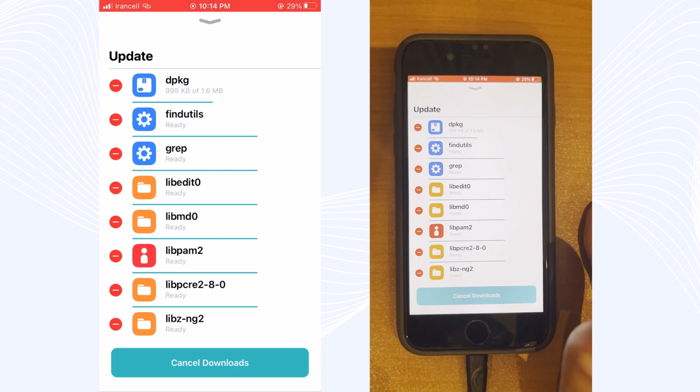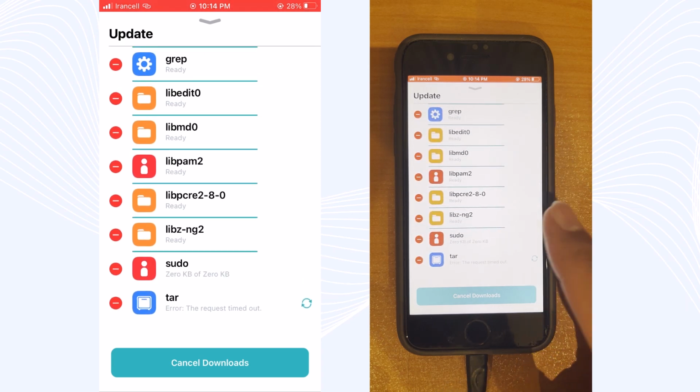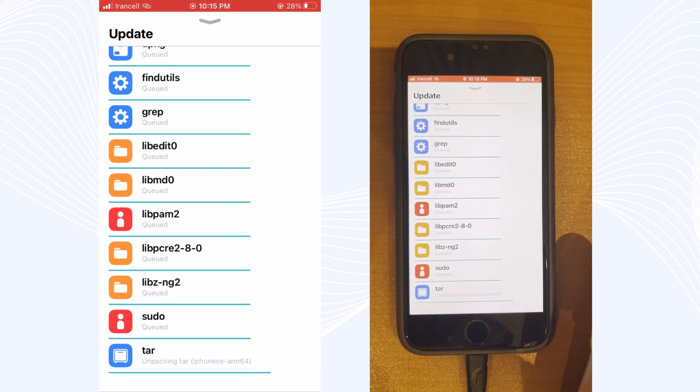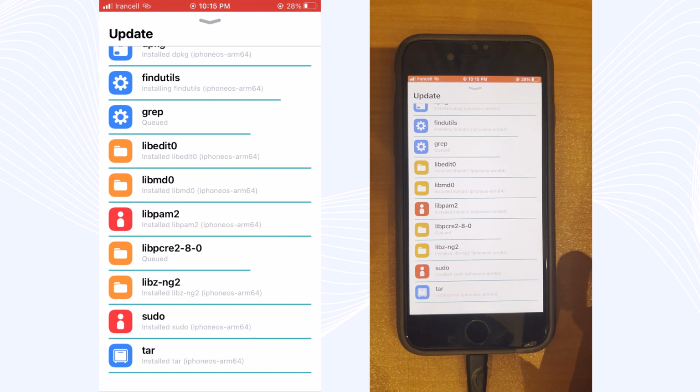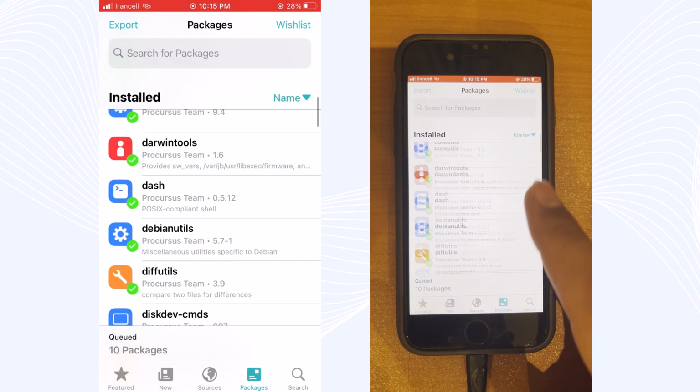So just check all of them. As you can see, I have 2 remaining here. Just tap on recycle again and wait. And it's important, guys, to download all of them. Not even one package should be left. Then wait until all of them are installed. Now tap on Done and we are finished here.